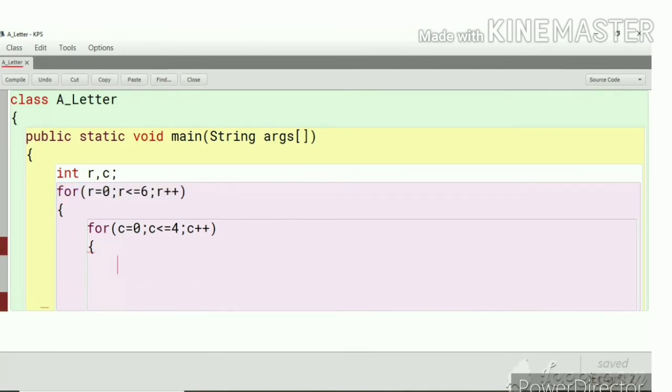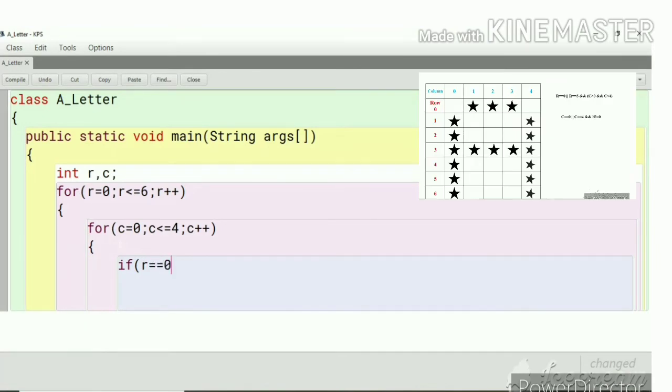If row equal 0 or row equal 3 and column greater than 0 and column less than 4, then that is the first condition.